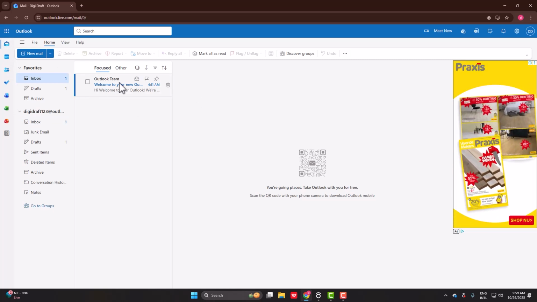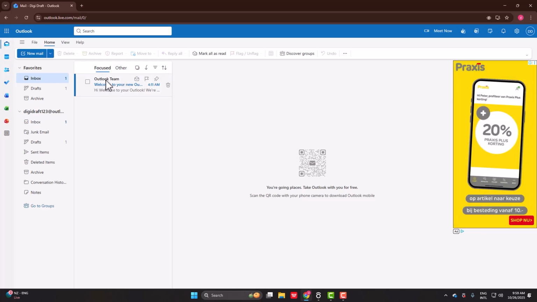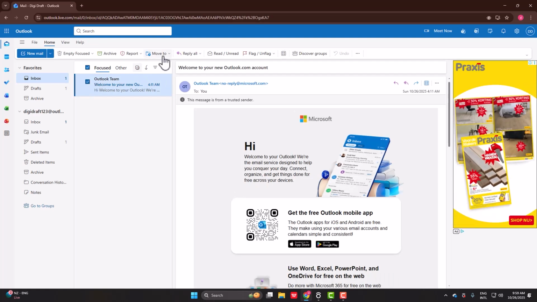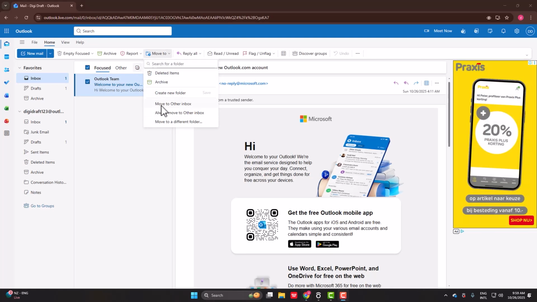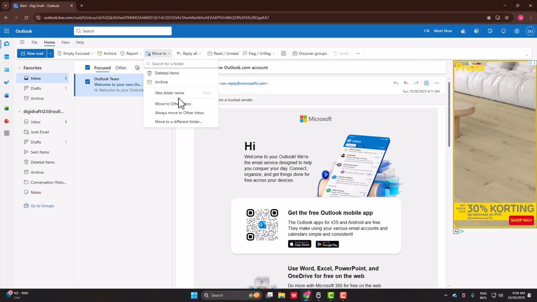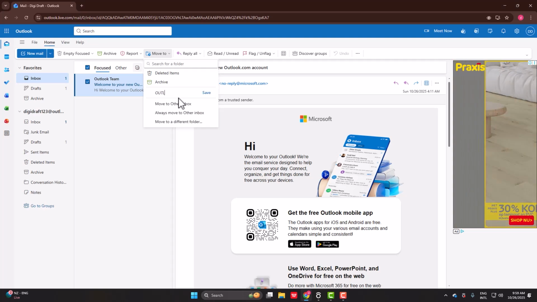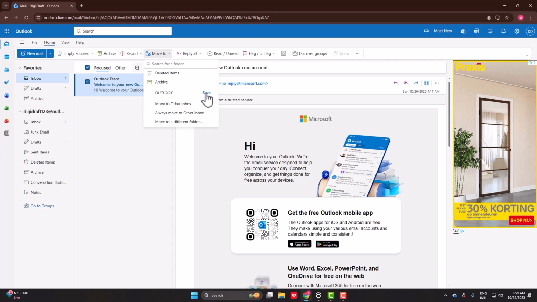So as you can see, there's one mail in my Outlook by Outlook team. So for example, all I need to do is just select that mail and now click on move to, and if there is no folders yet, just click on create a new folder and just write a name. So for example, this is by Outlook, so I'm just going to write Outlook and click on save, and